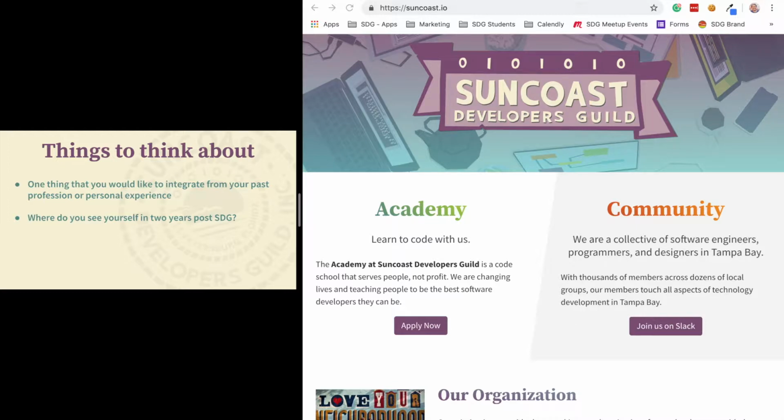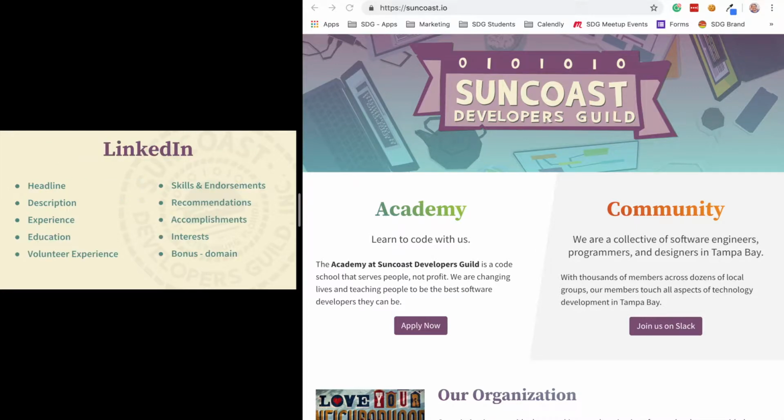Also, think about where you want to see yourself in 2 years. Do you want to be a freelancer? Do you want to work for a specific company? You can use all these skills to help boost yourself in that direction. And these are things that you can iterate through as time goes on, so you don't have to know right now where you want to be in 2 years. Just keep it in the back of your mind: how can I keep improving myself and pushing myself towards that? So we're going to start off talking about LinkedIn,